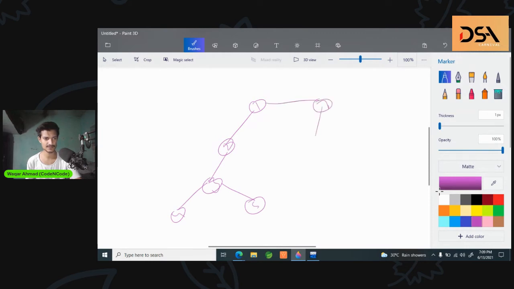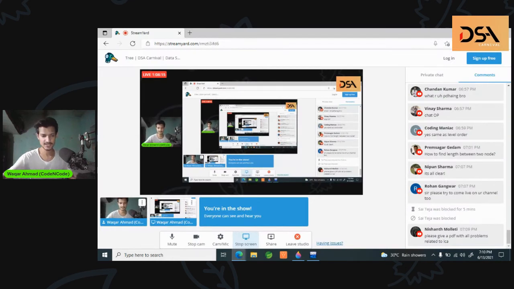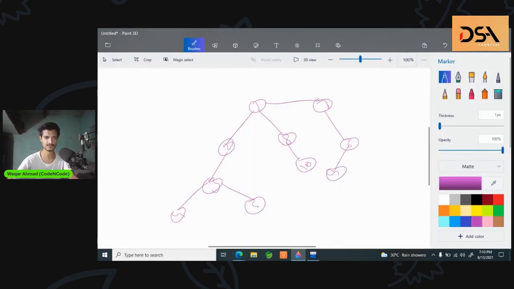I'll be really sorry. So 5, node 6, again 1, 2, 3, 4, 5, node 7. So this is node 6, this is node 6, 8, 9, 10. Okay, so the next concept that we are going to learn, I'll cover LCA after that. So question for you guys: if you are given a tree,